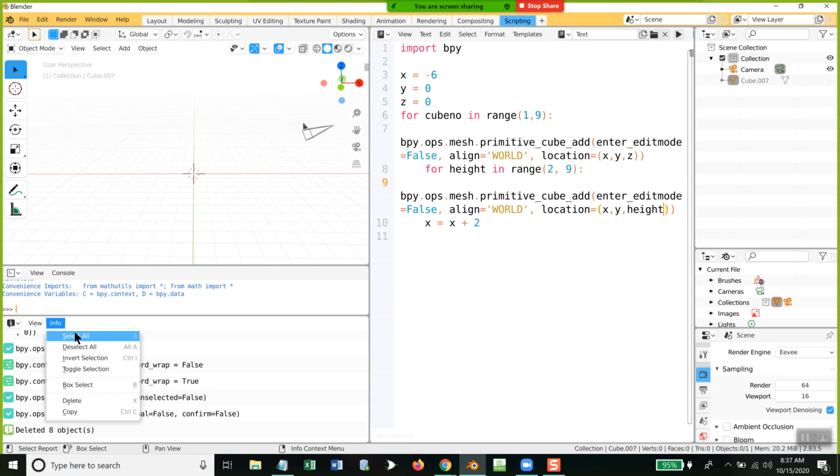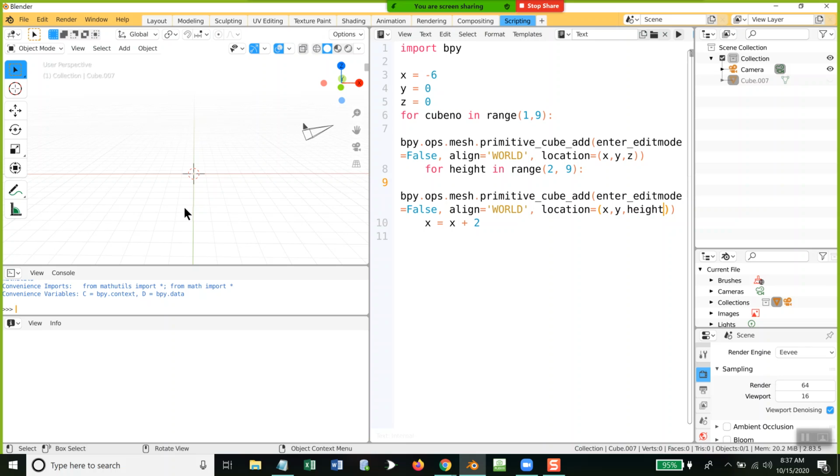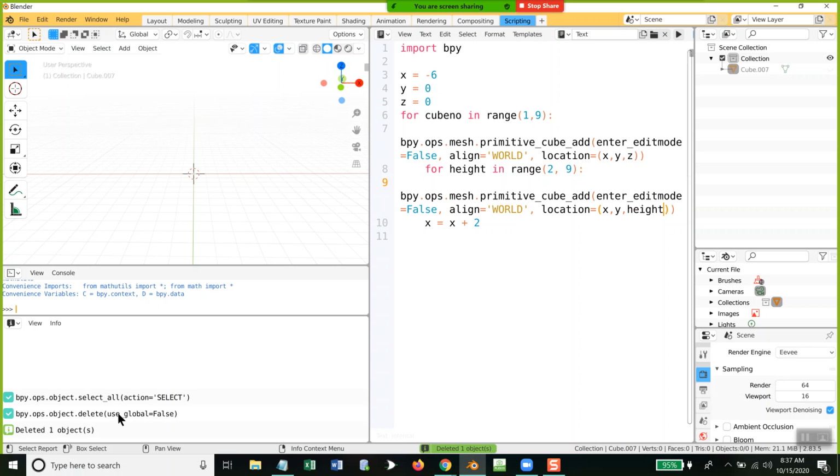Let's see, select all, delete. If I do an A is how I select everything. So that's this action. Now if I press X for delete, it does this. So at the very beginning of your script, if you don't want to clean it up each time, if you